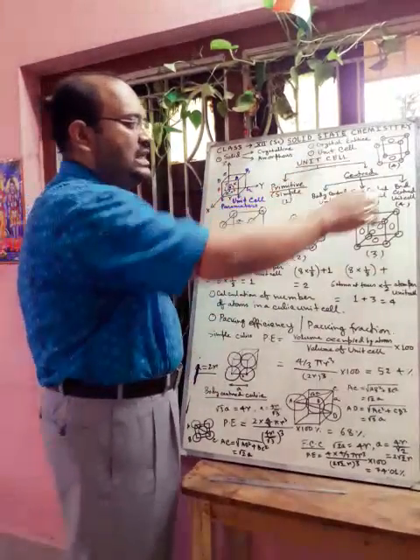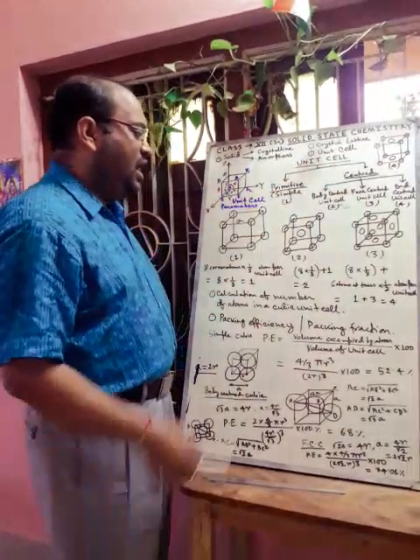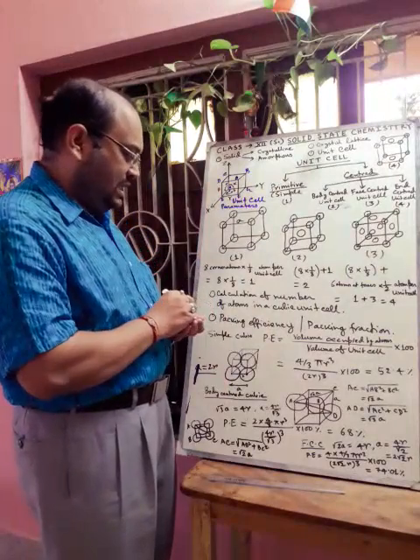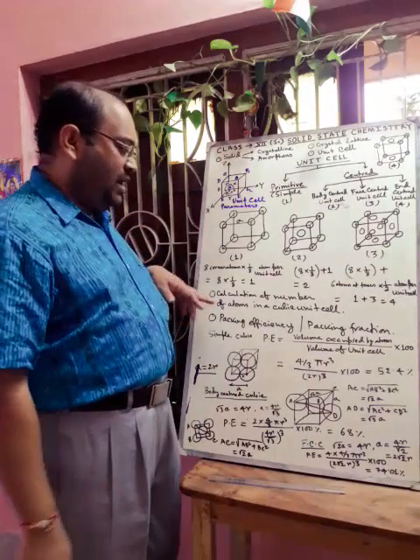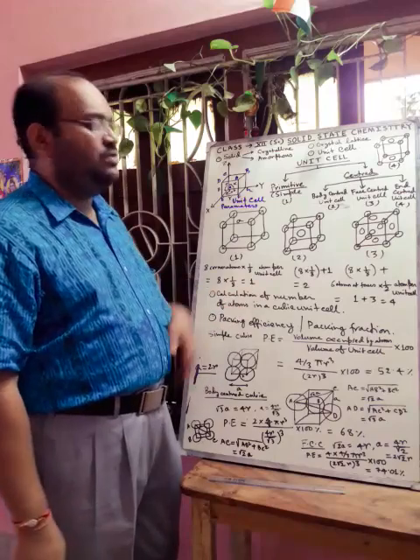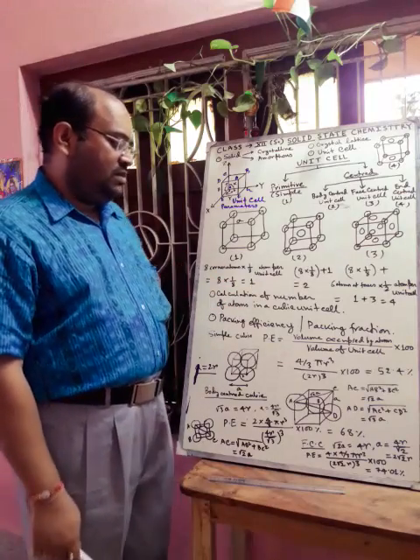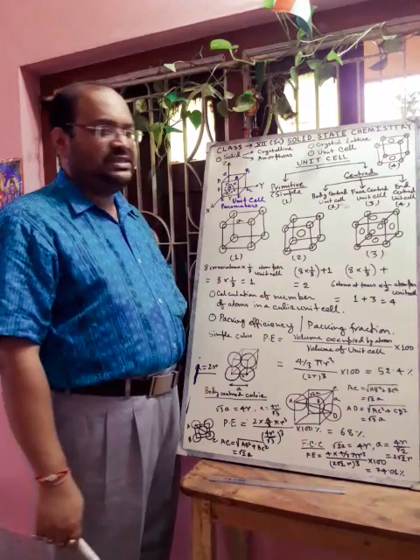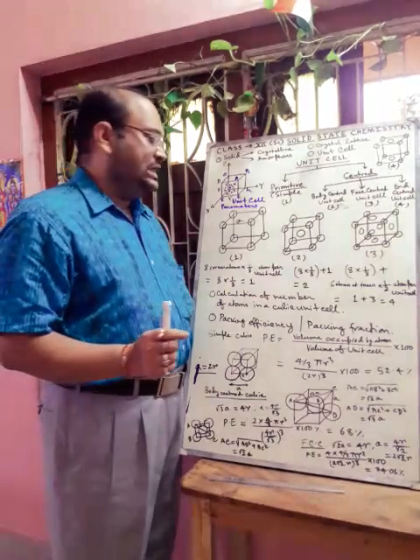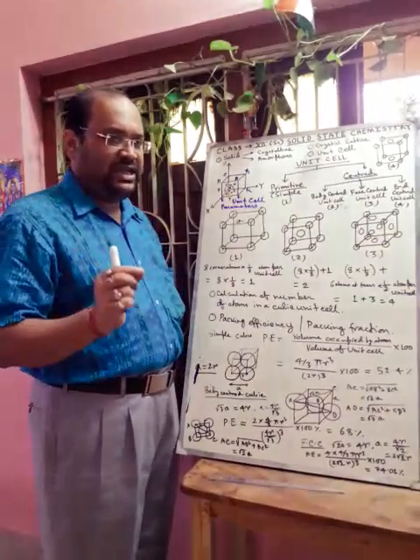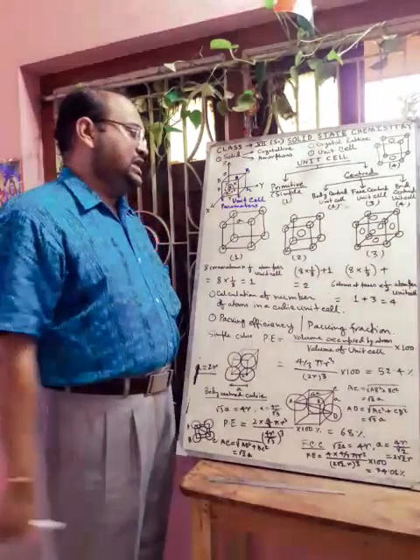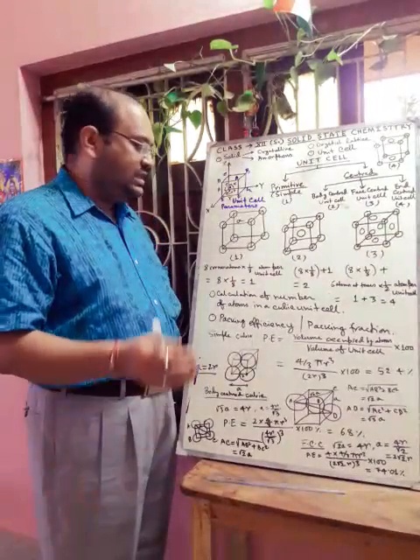Now this is end centered unit cell. Now we will discuss the number of atoms present in unit cell. So how to calculate the number of atoms in each cubic unit cell? We have to understand how much of the constituent particles is inside the cubic